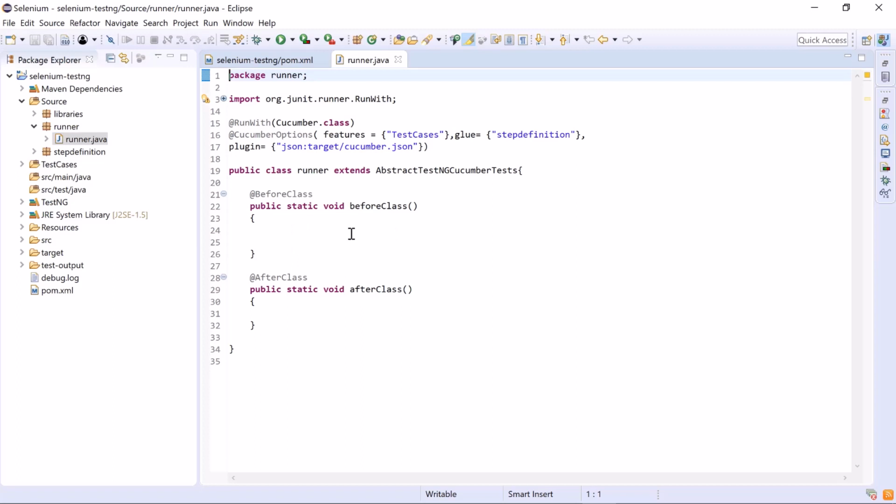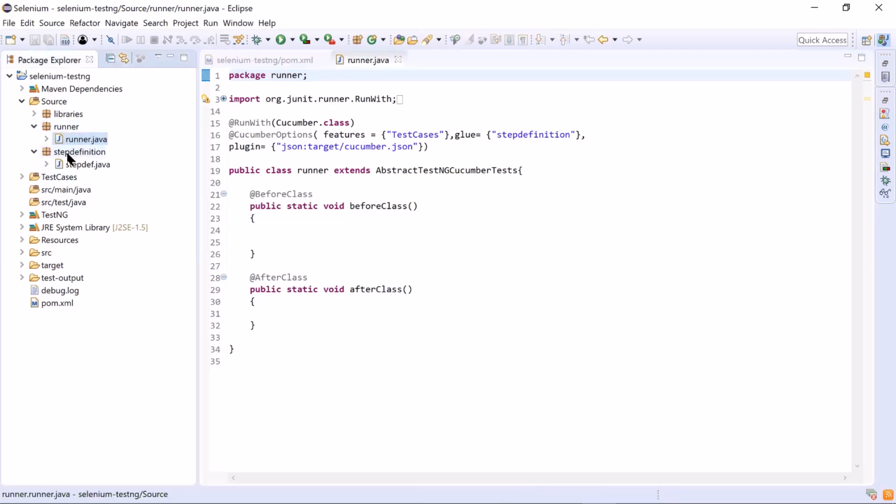And if we want to execute them in parallel, then there are some prerequisites that need to be performed. As per the documentation of io.cucumber, we should have our runner and all step definition files placed under the same package. So we have to change our project structure a little bit.